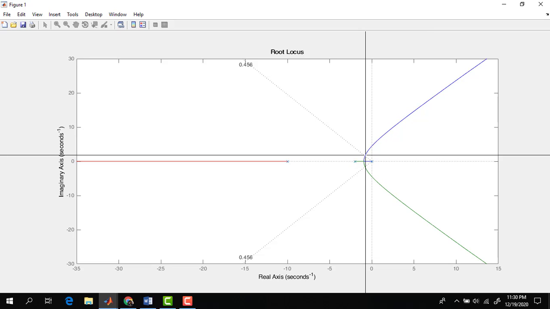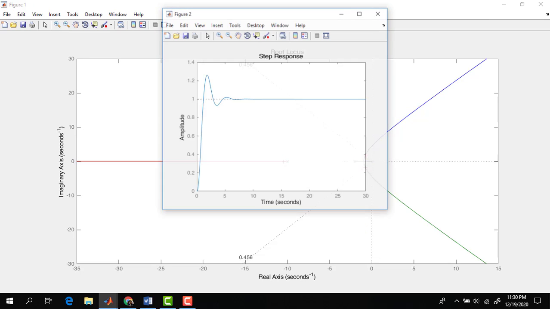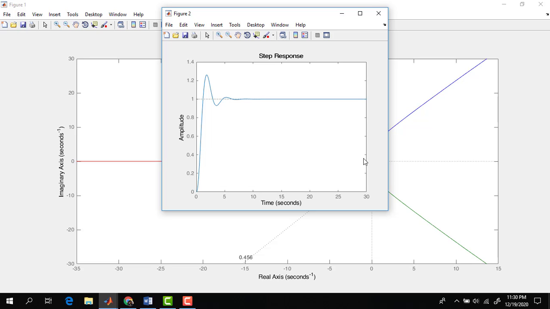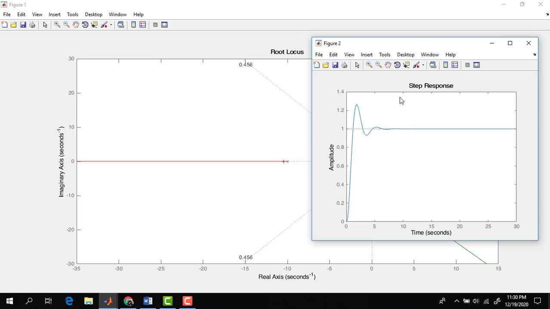Okay, I think this is very close. So let's just right click it. So we also got our step response. This step response corresponds to the uncompensated system. Okay, so this step response is already very good, because you can see at when the time has approached